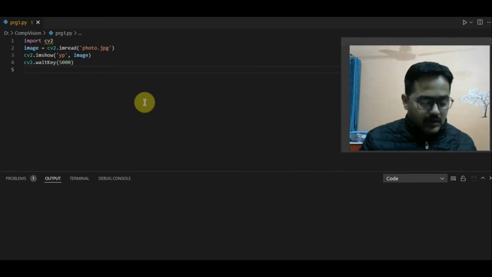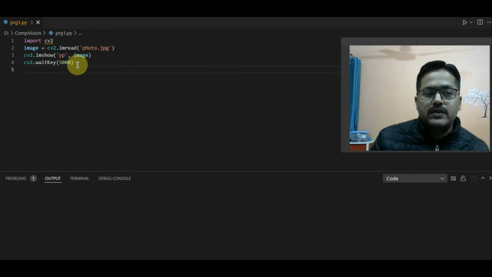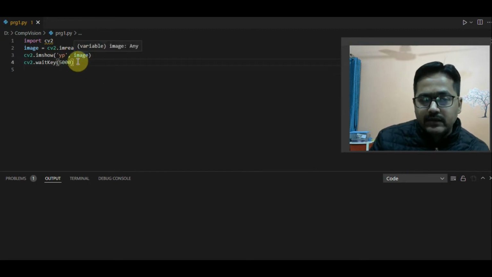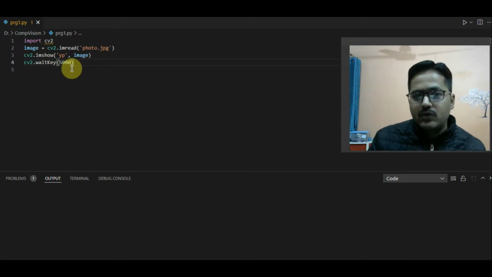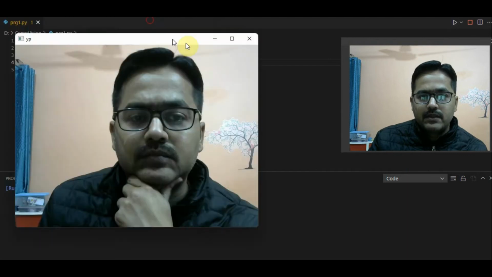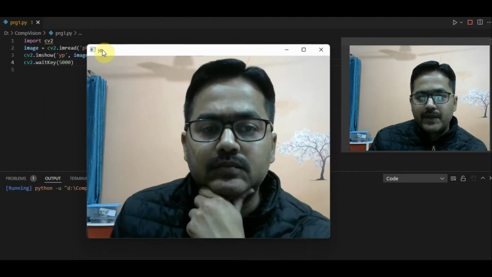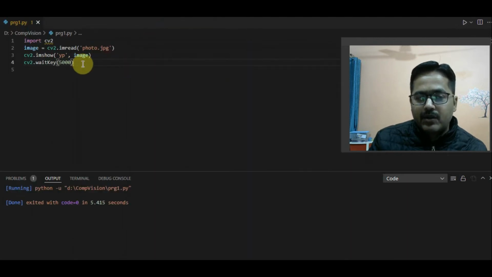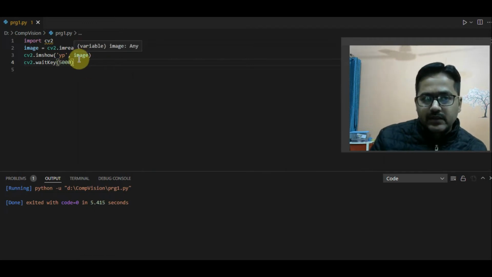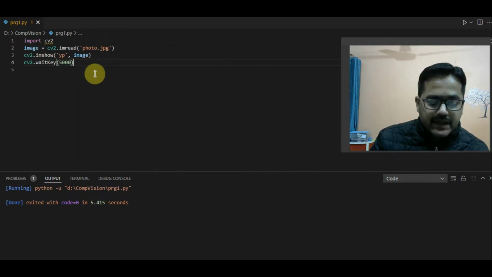Now I will run this, and see what will happen. It will read that photo in a directory and display that photo in a pop-up window. See, this is the pop-up window, this is the name, or title, of that pop-up window, and it will stay over time of 5 seconds. So this is the use of the imshow function. Now we will see